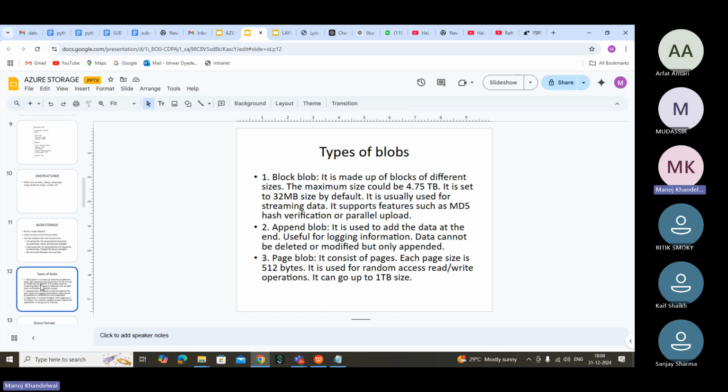That's why depending on your data nature, you have to choose the right storage, for the business purpose. Whatever the requirement, according to that you store. So that is append blob. Clear, Ritik?